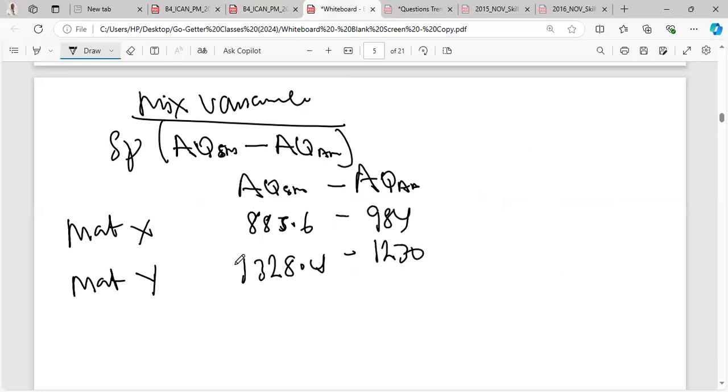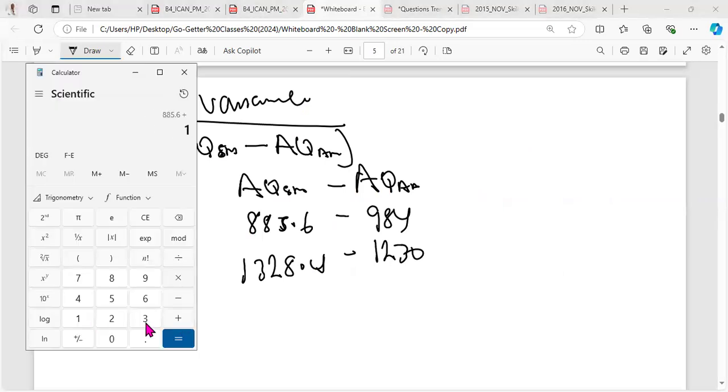If we are to add these two, the essence here, if we add this plus 1328.4, the essence is to give us that 2214. The essence is to give us this total. So